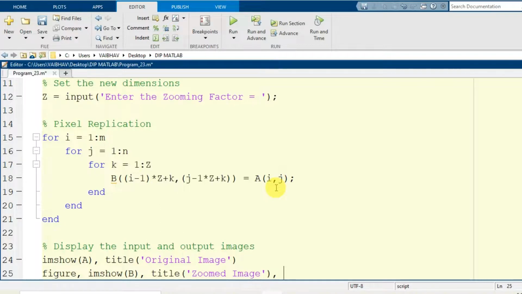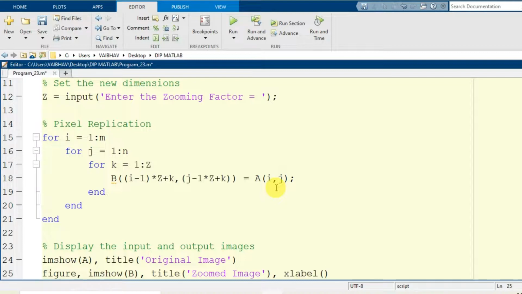We can provide nomenclature to the corresponding axis of this particular display here. I will provide a name to the x-axis. So I will write the MATLAB syntax of xlabel, inside which I am also going to print the value of the zooming factor for which this output has been generated here.